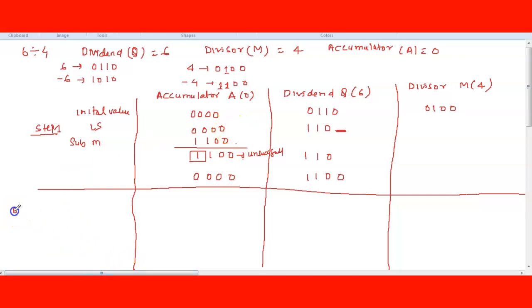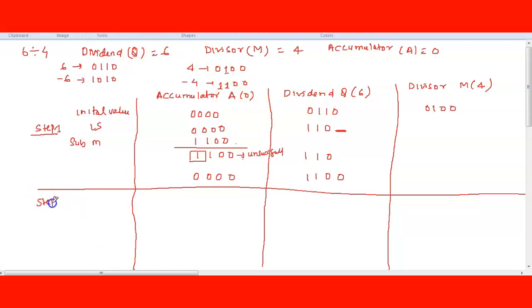Like the example I wrote here: 4 divided by 3. Here 4 is subtracted, and we got minus 1. Again you want to get back to the 3, so you just have to add whatever you subtracted, and you will get 3 here. Okay, you don't have to do this on paper, but the processor will do it in the computer. This step 1 is over. How many steps do we have to perform? 4 steps, because there are 4 bits of dividend.